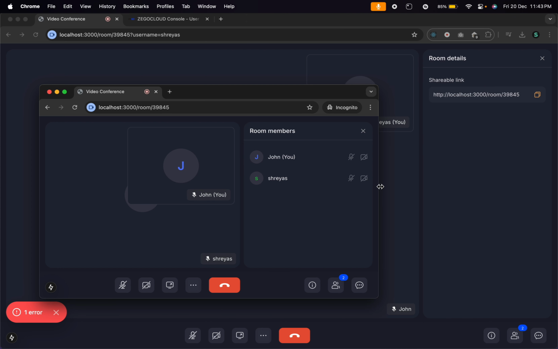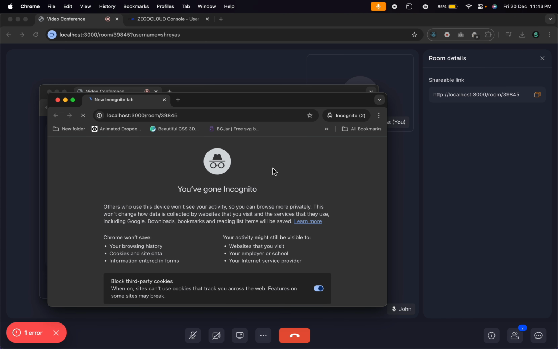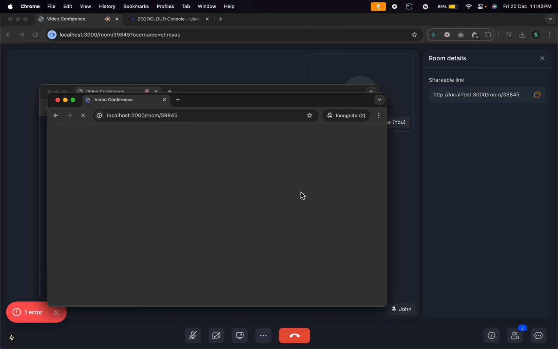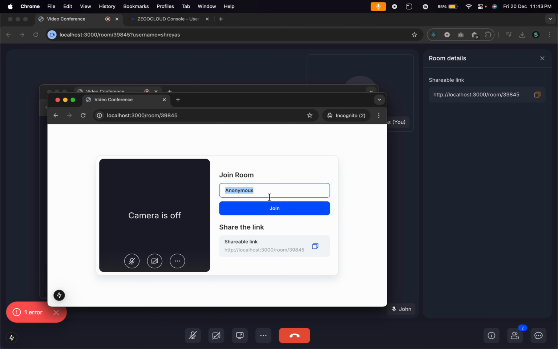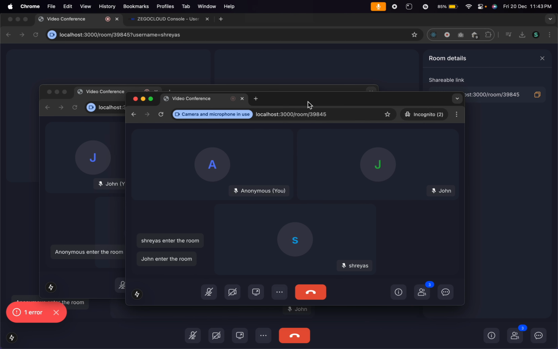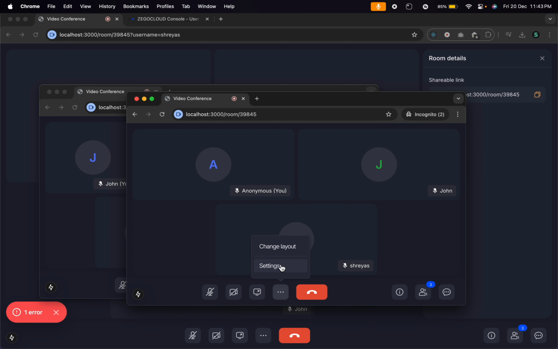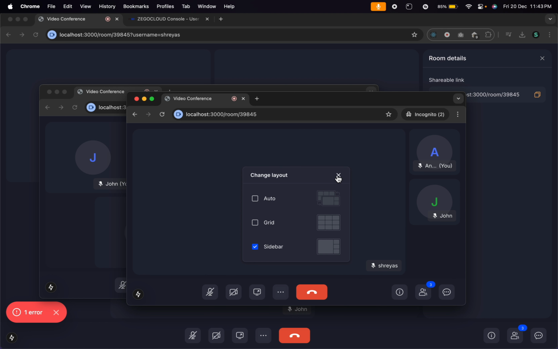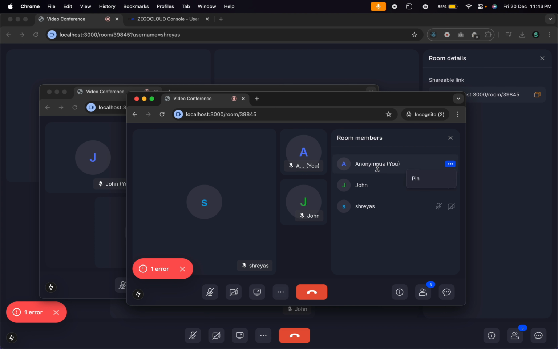I can also add one more there with the name of some anonymous, for example, and I can join here. So you can see here, I can also change the layout, for example, to grid or a sidebar like that, and also share the link and also chat with the members. Let's see